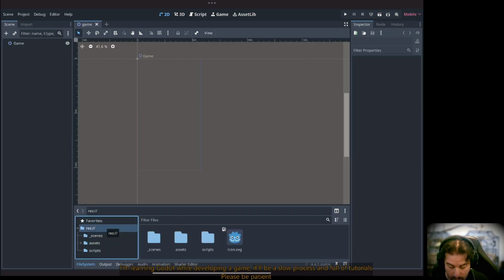So now the project is mostly empty. So let's create a prototype for our object, for the objects that will be launched and